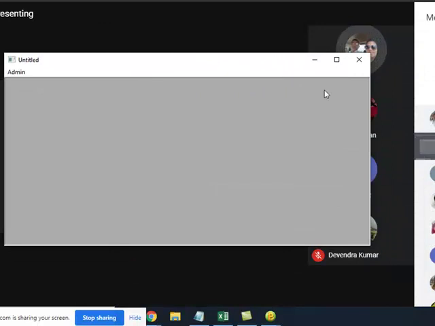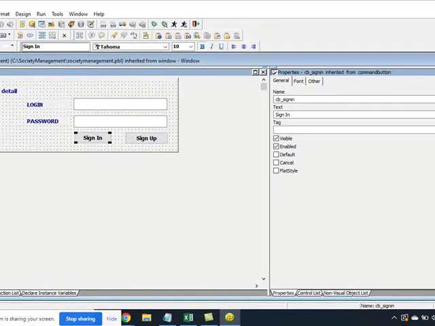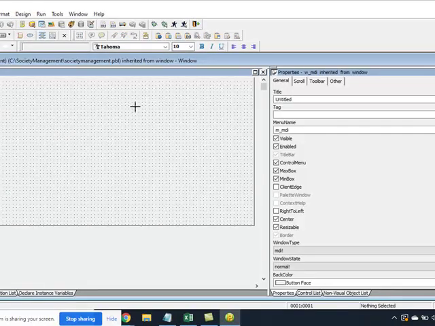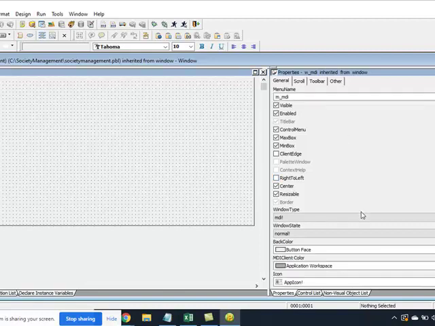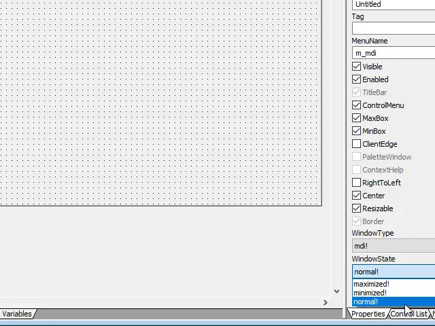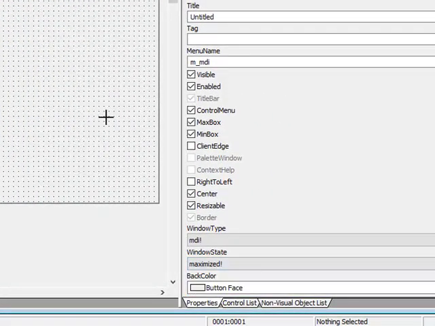Ye theek nahi lag raha, bahut chhoti screen aa rahi hai. So what we can do is, w_mdi, and then see, window state is normal. There are 3 states: normal, minimized and maximized. So let's keep maximized.